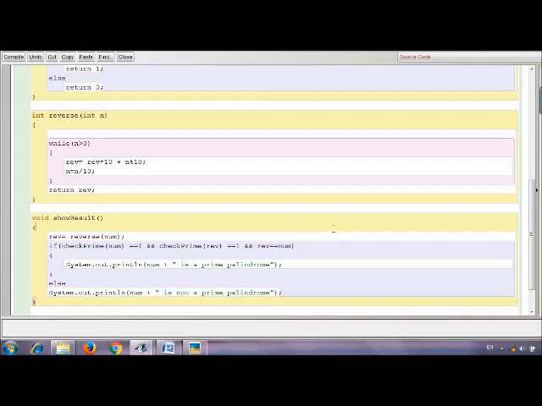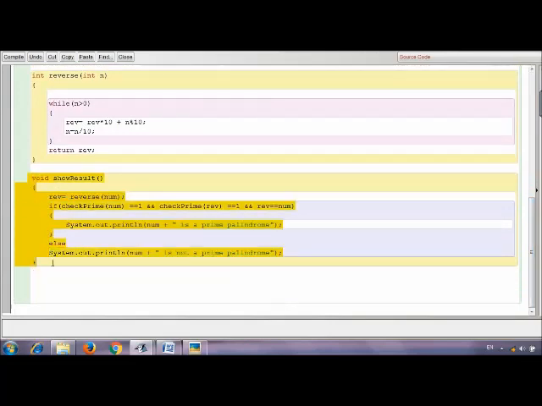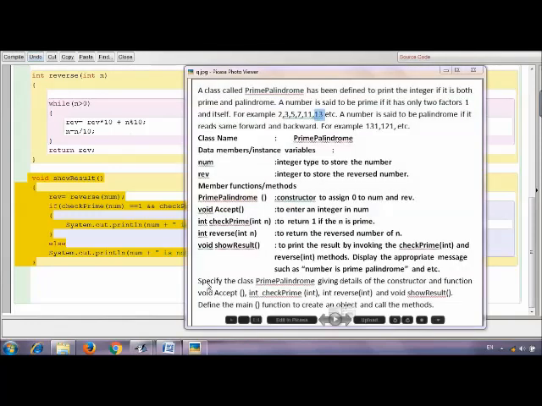That is the condition for a prime palindrome: the number and its reverse should be prime and also a palindrome, right? If that number and its reverse are prime and it is a palindrome, then we can say that particular number is a prime palindrome. Now we have to see what specification is given in the question.